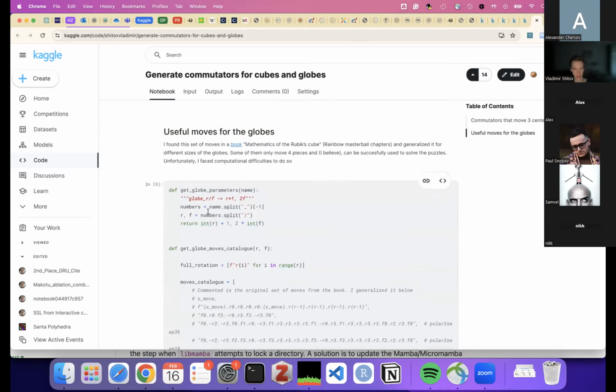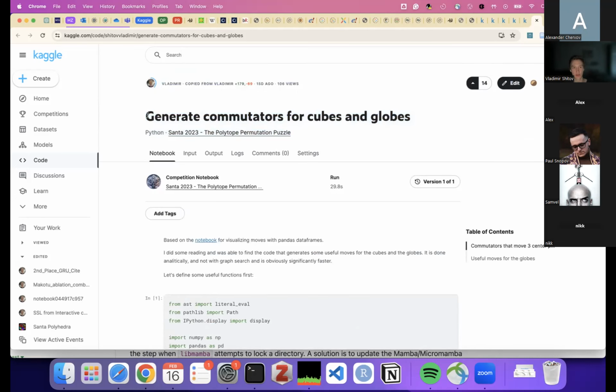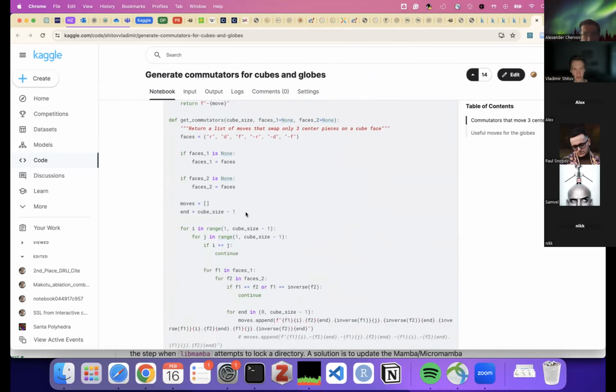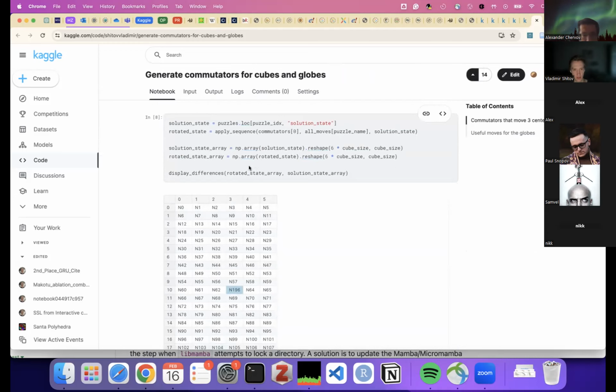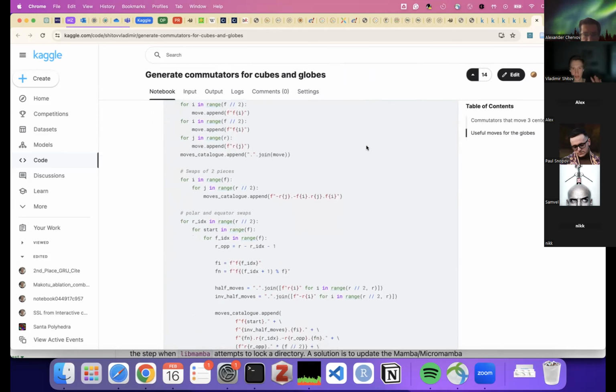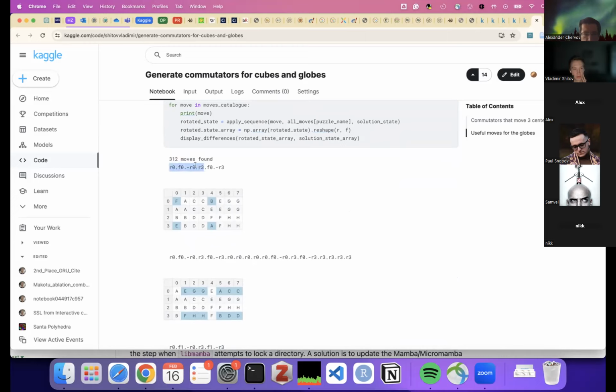And what I am really proud of, I had an idea how to generate all these moves for cubes and also some similar moves for globes. That's another puzzle in the competition. Kind of analytically, I have some functions that basically search all these types of moves for you, and then I applied that for solving colorful cubes and also for globes. This is an example of such moves. For example, everything else stays in place, but these 4 pieces are swapped.